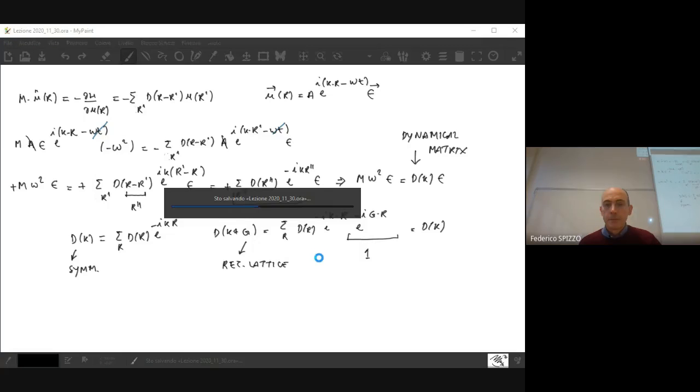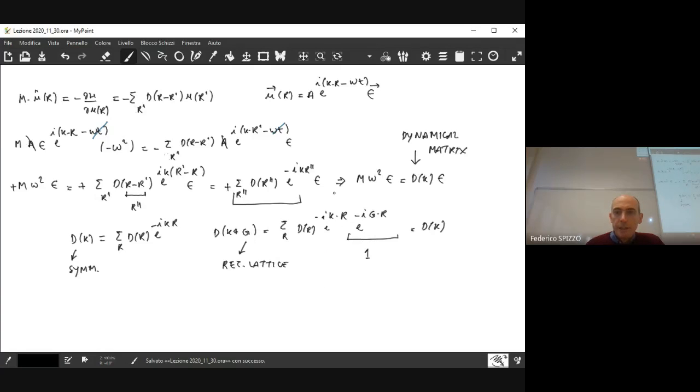And this is an important point because here we are solving a problem where we have a matrix. This is at the end an eigenvalue problem because you are just writing down that D of k applied to the vector E has to be equal to a coefficient times E. So this is just an eigenvalue problem. And you are saying that the matrix that you have for that eigenvalue problem is periodical in the reciprocal space and has the same periodicity of the reciprocal lattice. So this means that also the solutions of that problem have exactly the same symmetry.